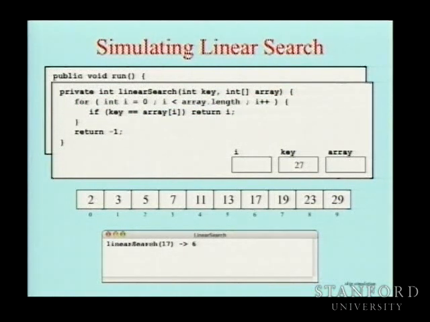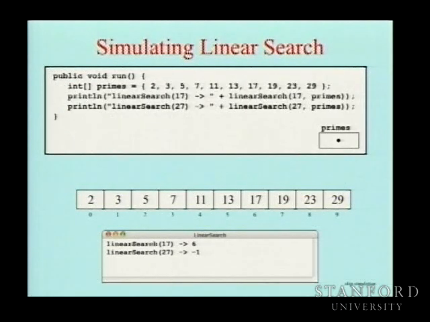Cool. All right, so now we're in our second call to linear search, and the only thing that's changed at this point from the beginning of the first call was that the key is different. So i is still going to start at 0, and it's still going to iterate over all of the positions of the array. But we're going to go through the entire array, which means going all the way up to 10, where i is no longer less than 10. And we didn't find 27 anywhere. So I hope this is all fairly clear. But these are the results that you would have expected. So we found the position of 17, and then we looked for 27 but didn't find it, and returned -1.